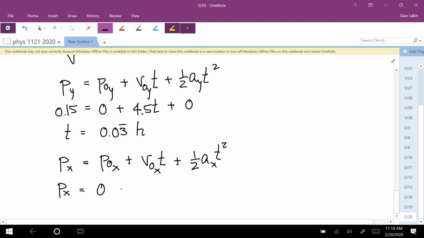So we have 0 plus 8 times 0.03 repeating plus 0, and that answer is 0.2